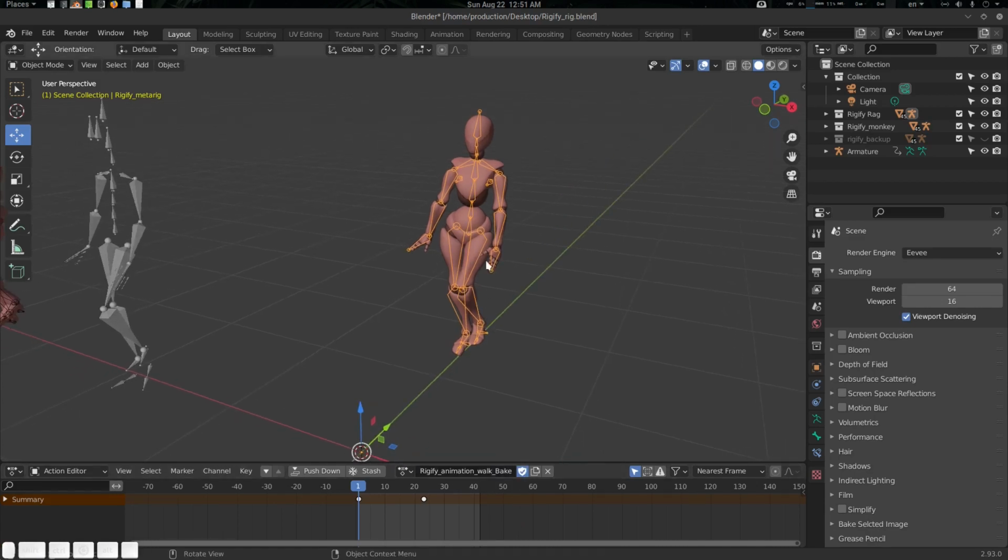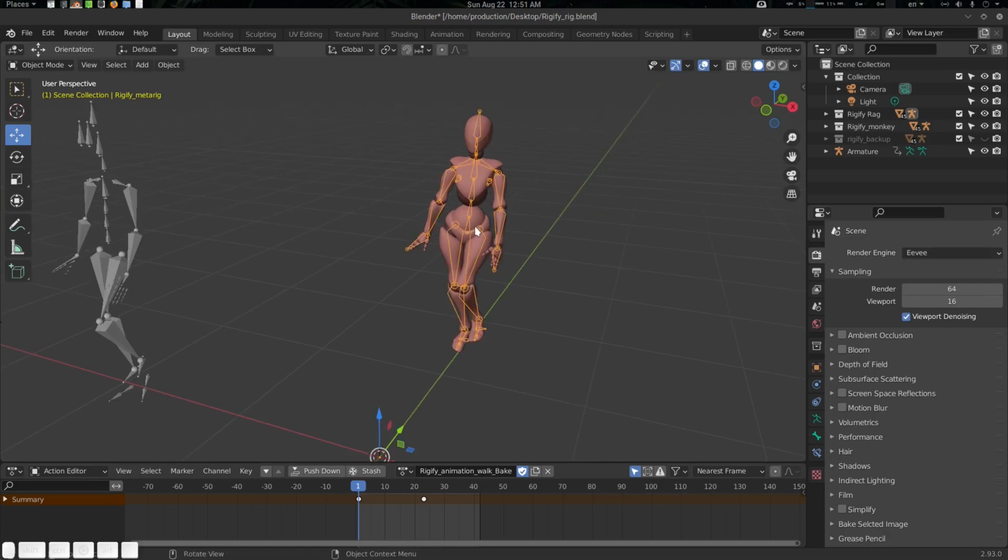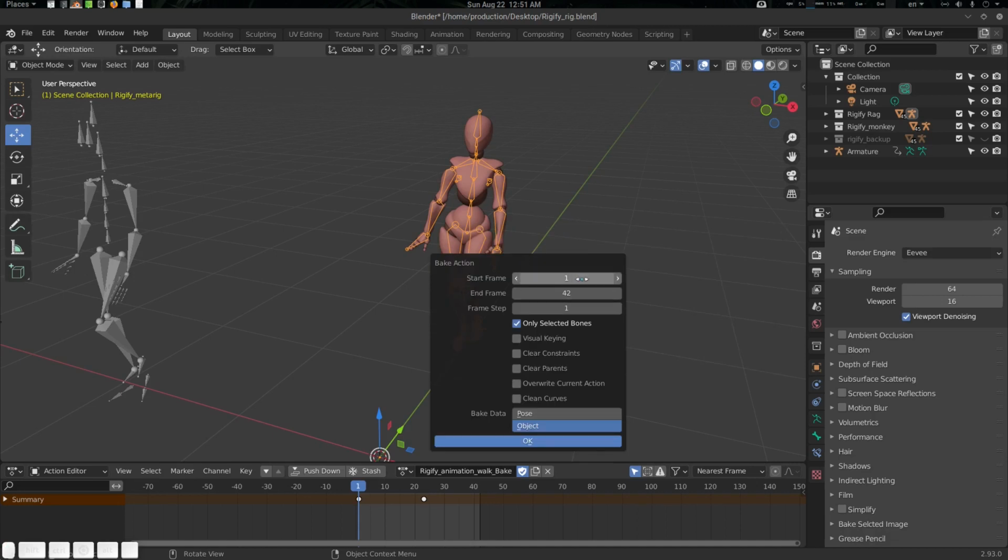So create a fake user, and now let's select this, press F3, and go to bake action. We start from 1 to 42, uncheck this, visual keying on, clear constraints on, clear parents on, overwrite current action. That will override the action, clear constraints will clear all the constraints it has, and visual keying will create the animation for you.